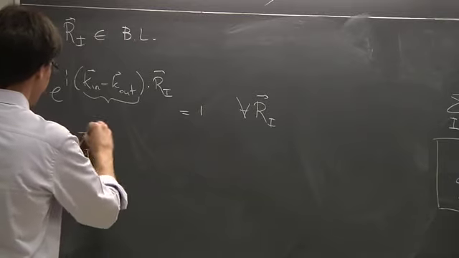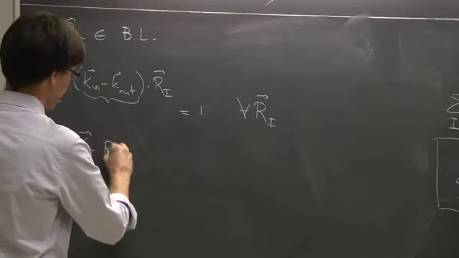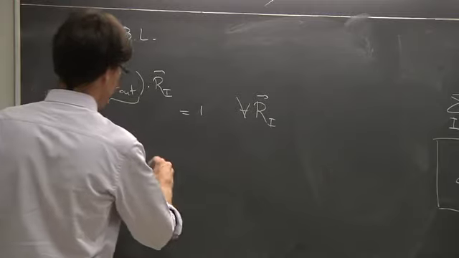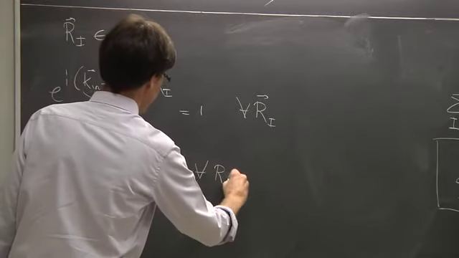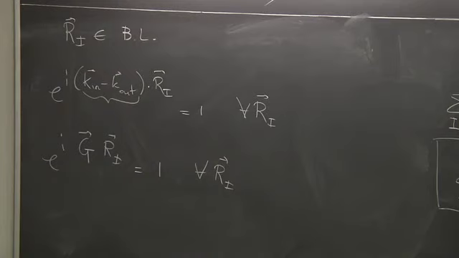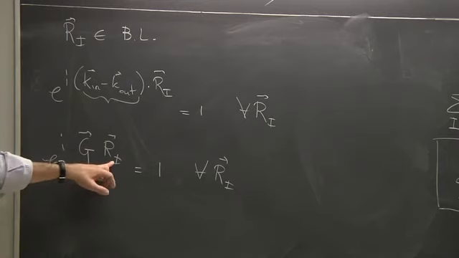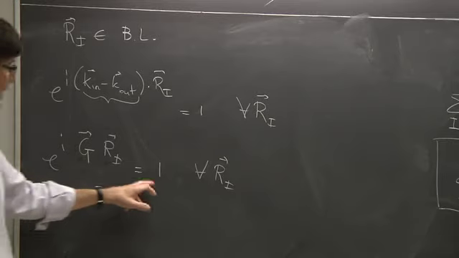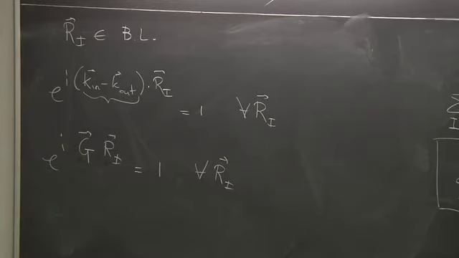So can I find a vector G? I'm simplifying the notation, so I'm calling this difference G, such that this is 1 for every value of the position of the atoms in a Bravais lattice. If I'm lucky enough to find it, notice this has to be true for every value, an infinite number in principle of points. Can I find a single vector that gives me 1 for all positions? If I'm lucky enough to find it, right,